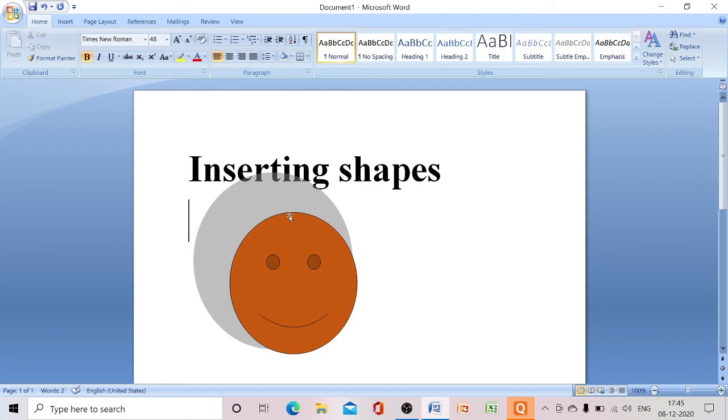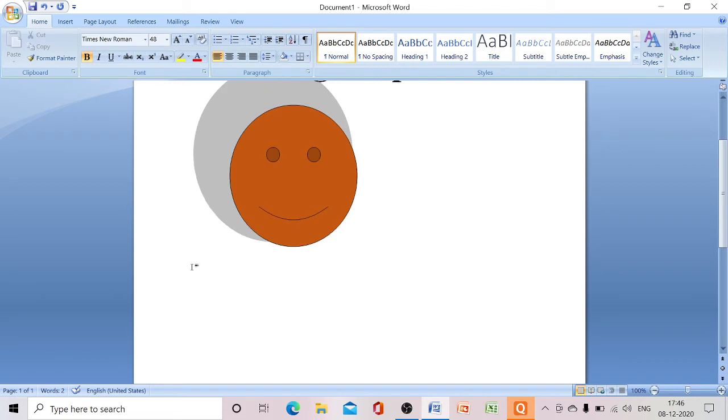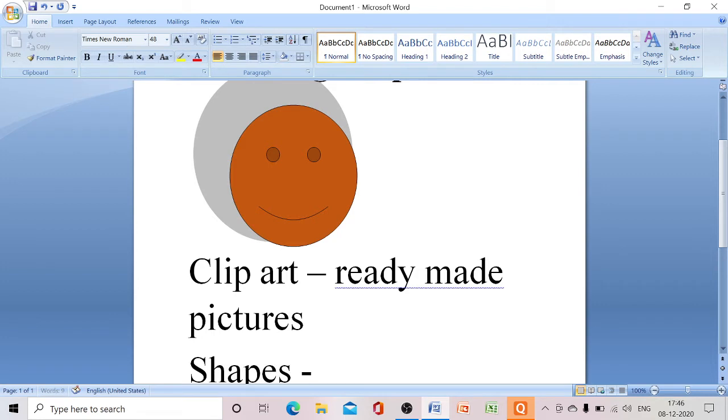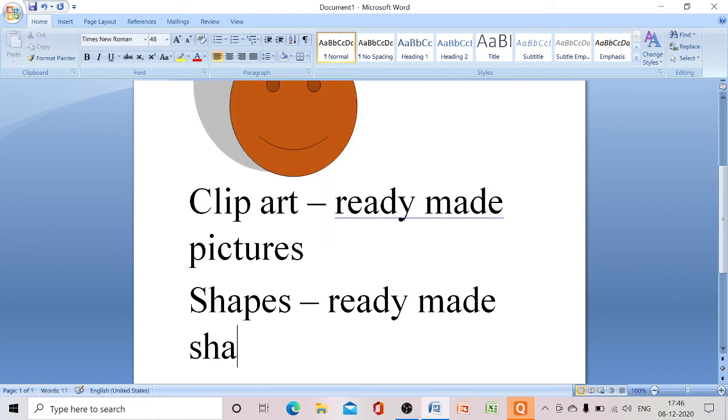Clip art is a gallery of ready-made pictures. What is a shape? A shape is a ready-made shape.